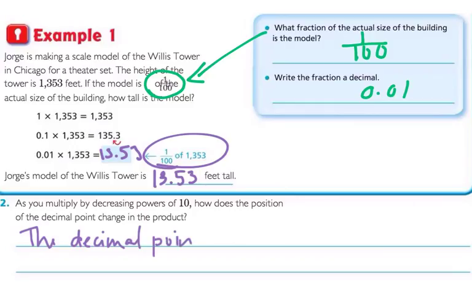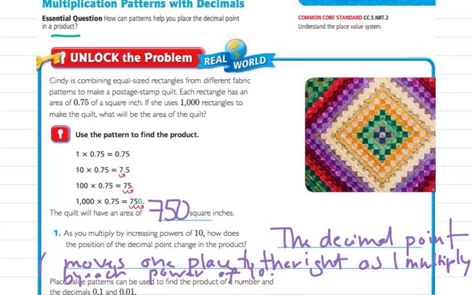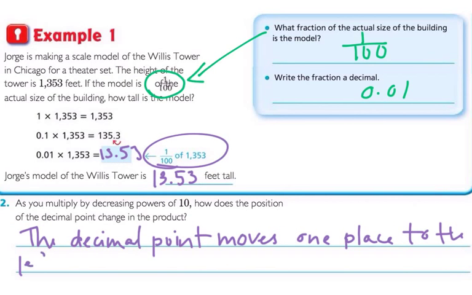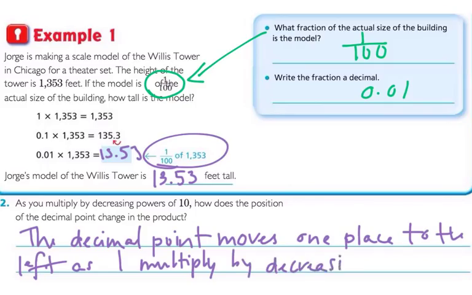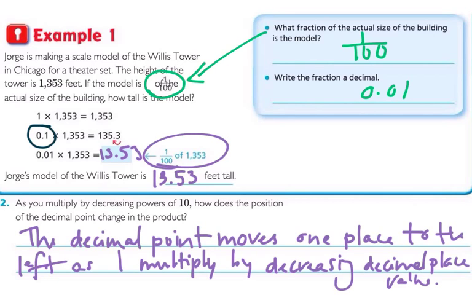point moves one place to the left as I multiply by decreasing decimal place value. So boys and girls, in this example, remember, whenever you're multiplying by a decimal, it's less than 1,